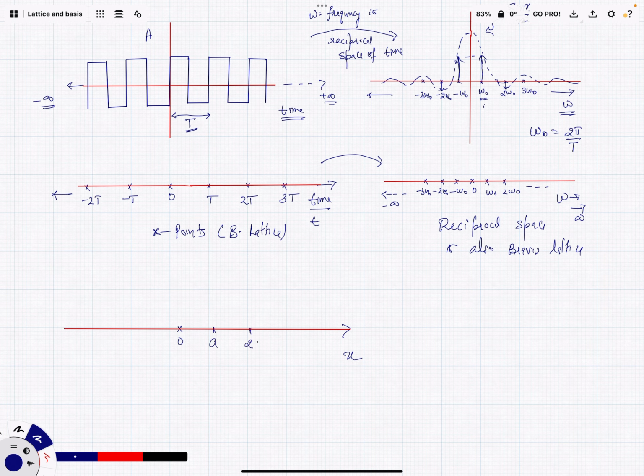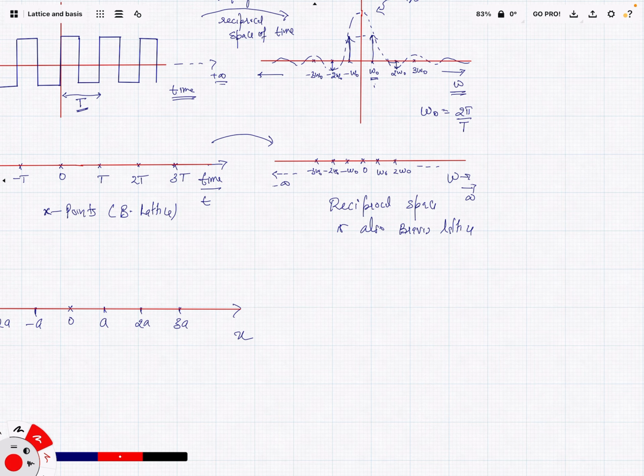Periodic: a, 2a, 3a, minus a, minus 2a, and so on. So what would be its reciprocal version? I would say I will have some reciprocal axis to the space also in a similar manner. In a very analogous manner, I have some reciprocal space, and let me call it K, the reciprocal axis, and it will also have some